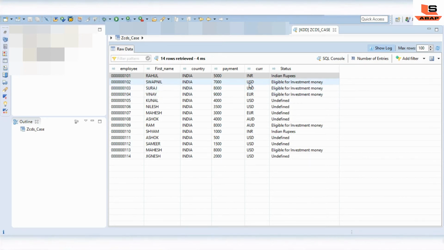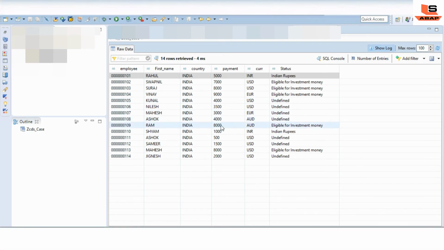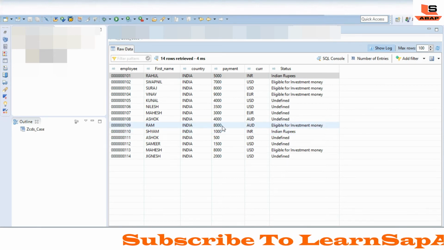Now in case of the 4000, the salary is less than 5000 and the currency is also not INR, so it's printing undefined for this row. Next, the salary is 8000 and the currency is different, so it's printing the message eligible for investment money, because it is satisfying the first requirement.